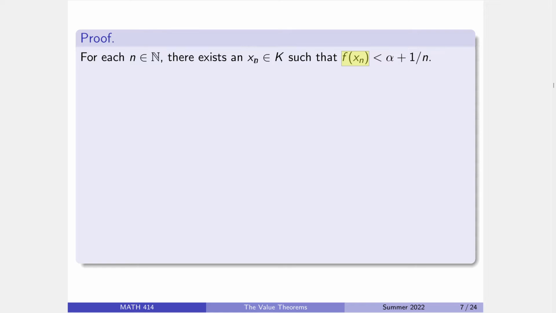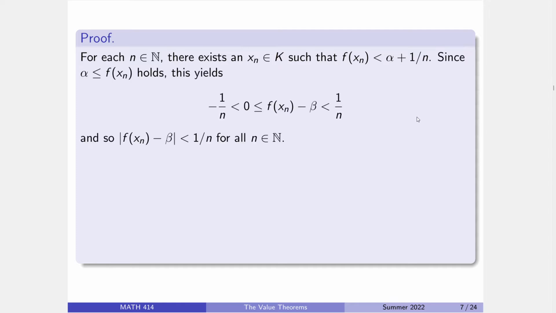Okay, so for each n, I can find an x sub n living in my set K. Again, my set K is non-empty, closed, and bounded. All right, now by the construction of my x sub n here,